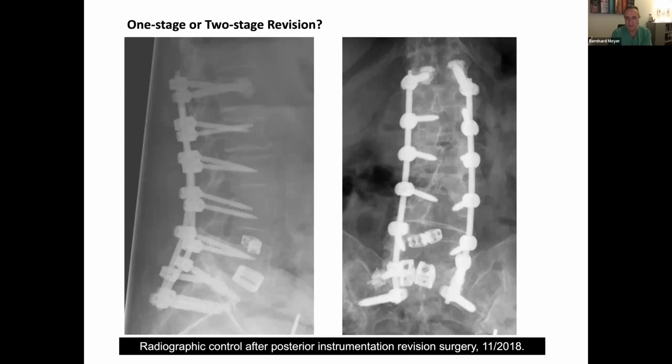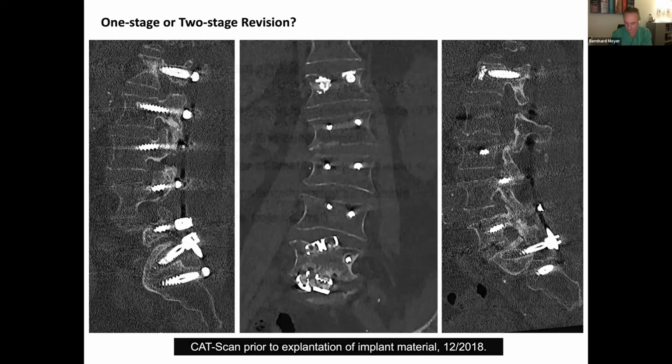You see immediately afterwards, but then only 6 weeks later, you see again screw loosenings, and not only in the former S1, but also in the one in S2. And I have seen this very often. I can't argue that it never works, but